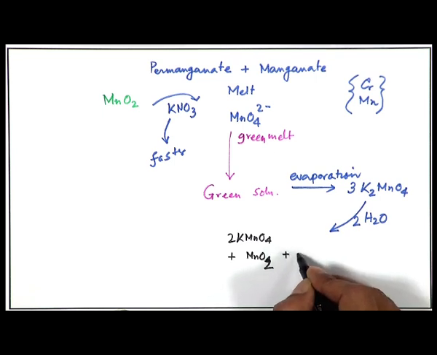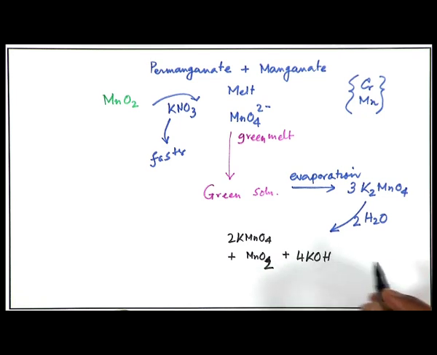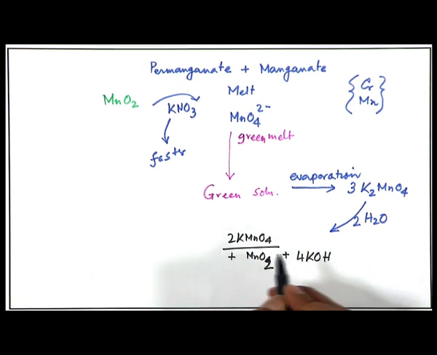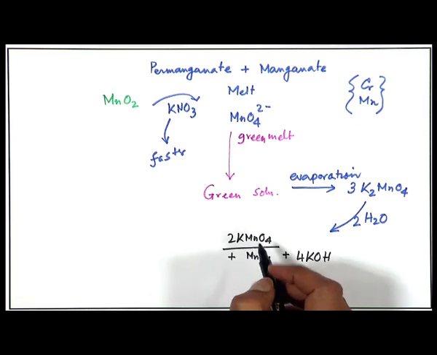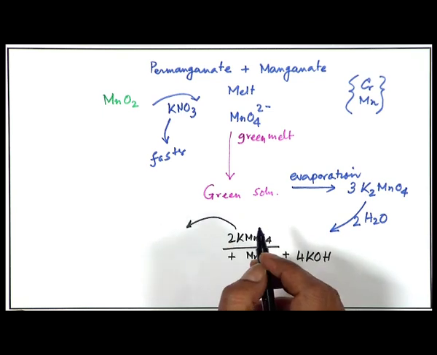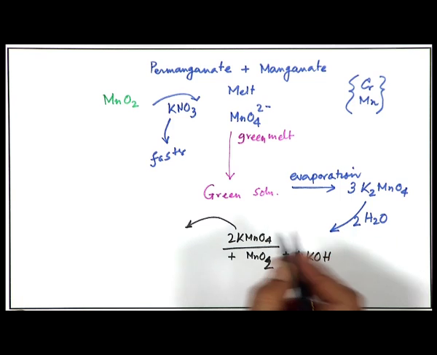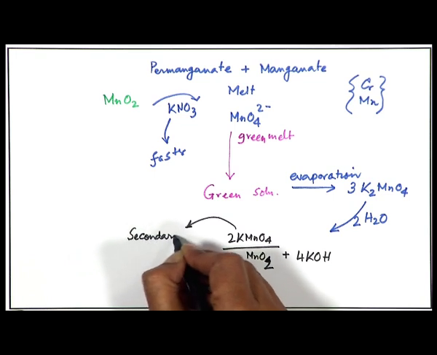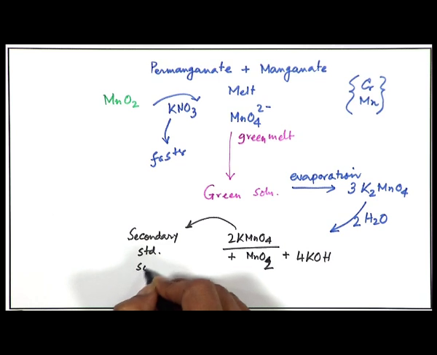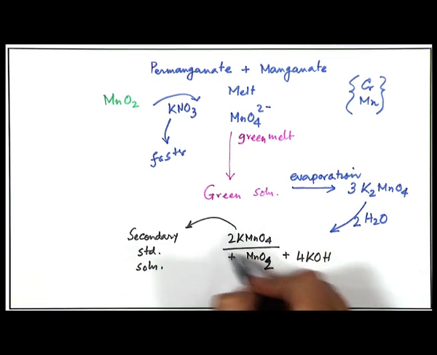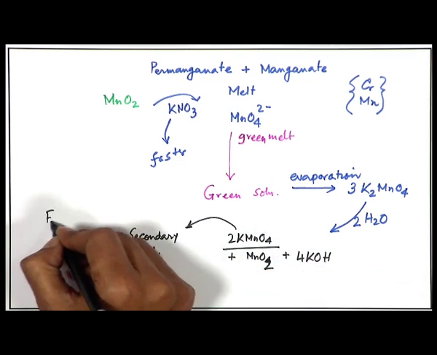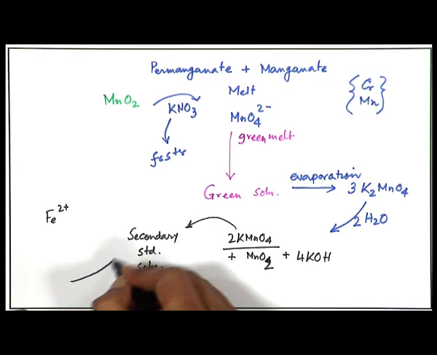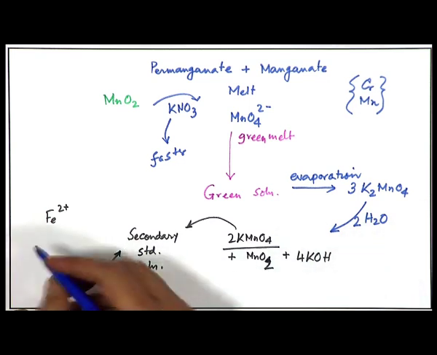compound, plus 4 KOH. This KMnO4 definitely can be used in our titration process, that means permanganometry, but it can change concentration with time and is also not very pure. So, it is not a primary standard solution, it is a secondary standard solution, and it can be made again. So, you can take this in a burette and unknown iron 2 plus in solution. Not only iron 2 plus, many other things, because since it is a secondary standard solution it can be standardized with oxalic acid,